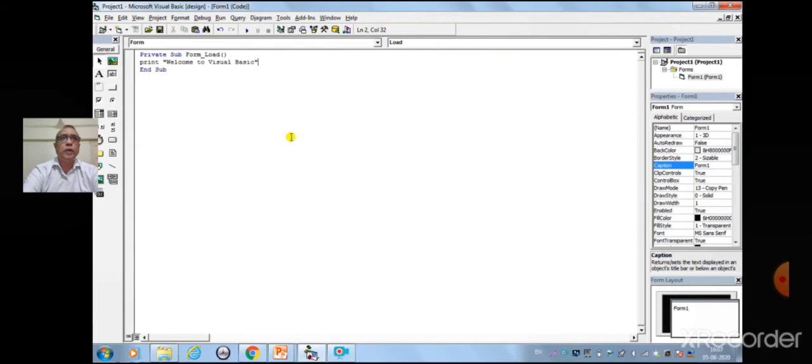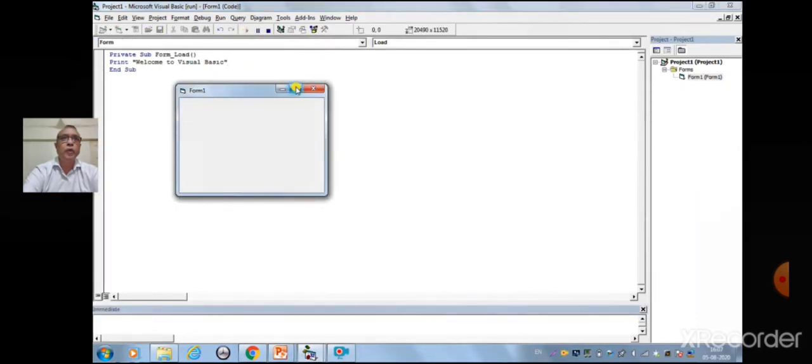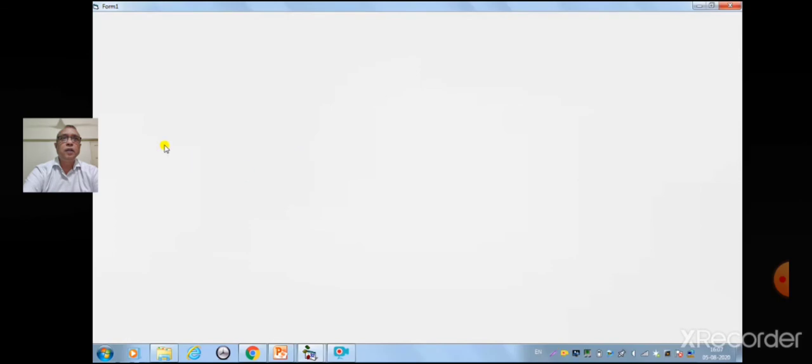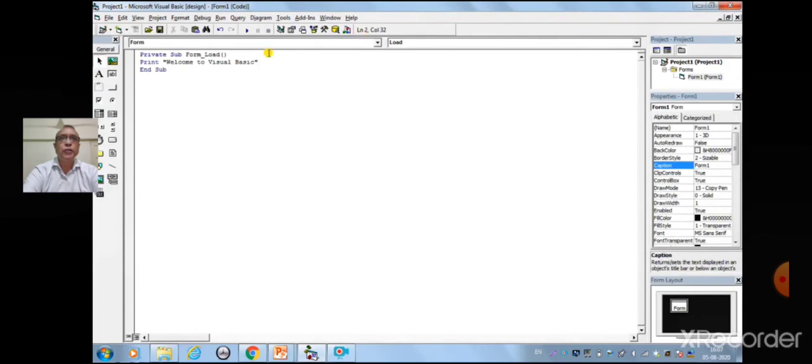When you run the program, don't be surprised that nothing shows up. In order to display the output of the program, you have to add the form1.show statement, or you can just use the form activate event procedure.